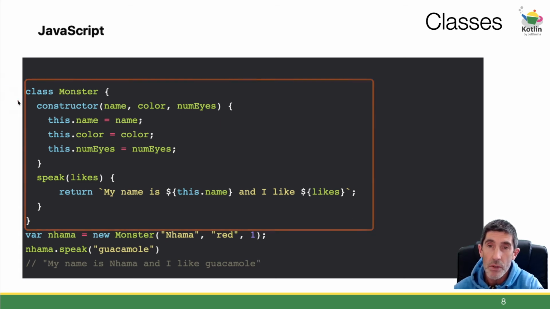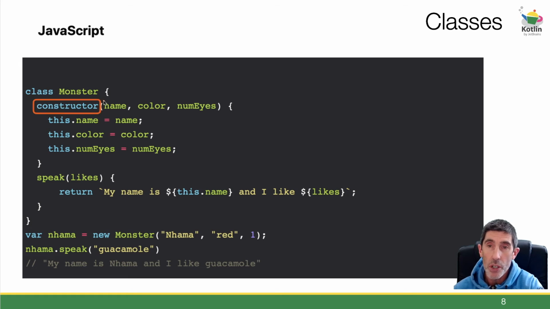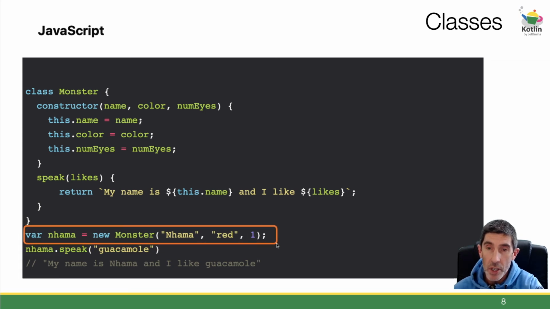We have to explicitly name the constructor. We're passing in 3 parameters here, using our this reference to populate the name, color, and numSize properties of the class. And for speak, we can just return a particular string. Here we have some string interpolation going on, where we use the dollar to get at whatever the name is, and whatever the likes value happens to be. And if we create them then, very similar to Java, we create our element var name here for some reason,